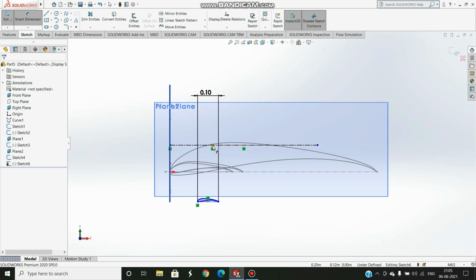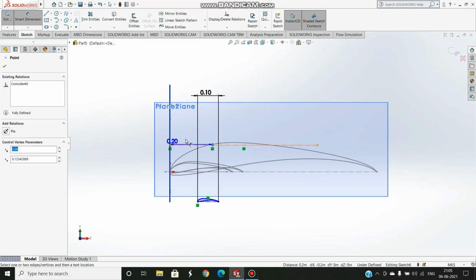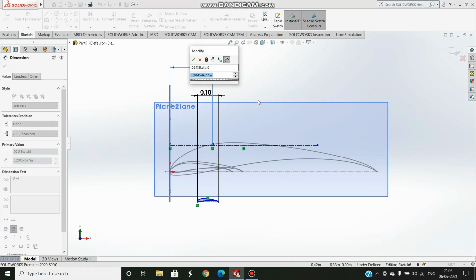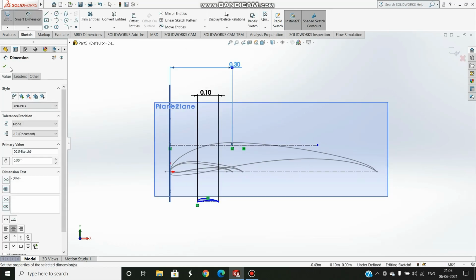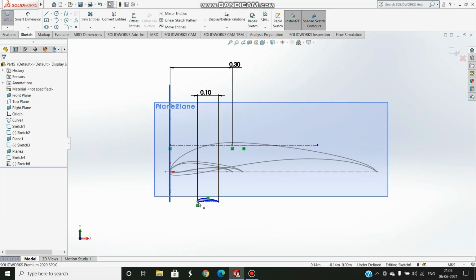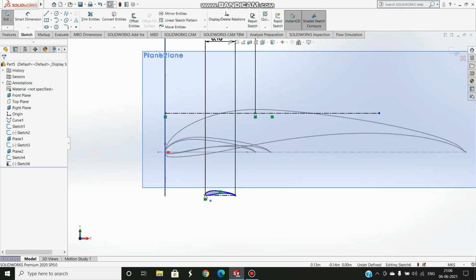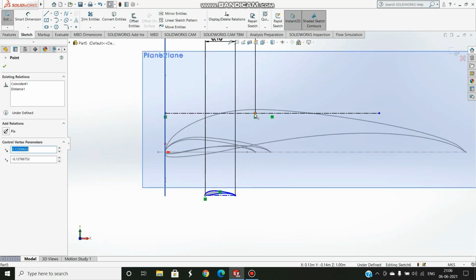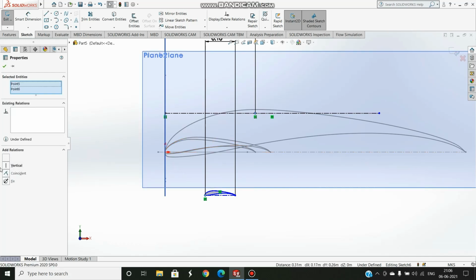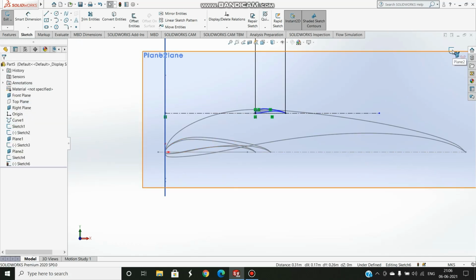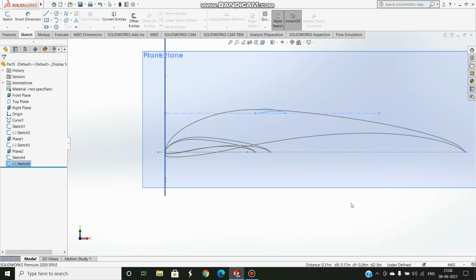I put that point here and then I go here. I want this to be 0.3 meters far, 30 centimeters. Now I select this point, Control plus left mouse button here and select the coincident option and then exit sketch.